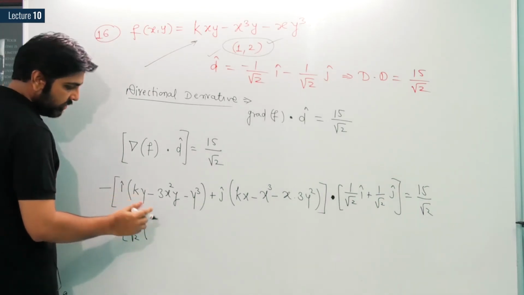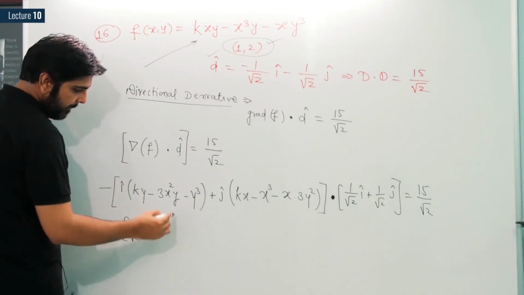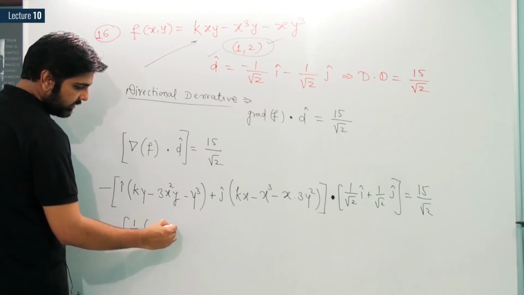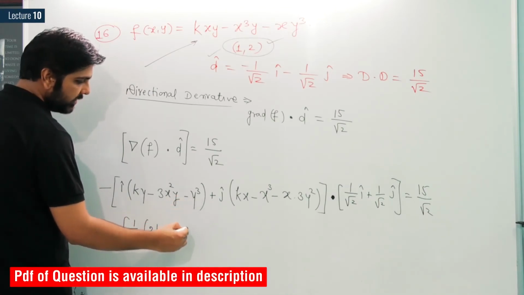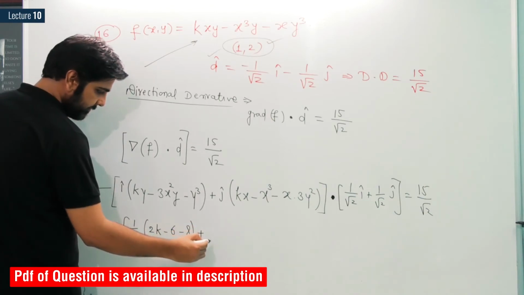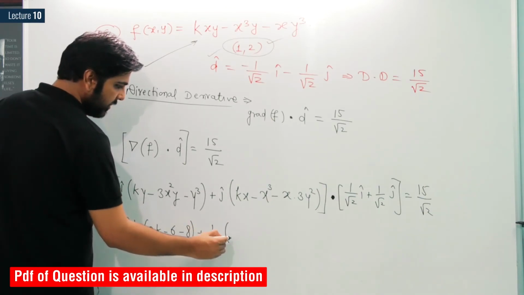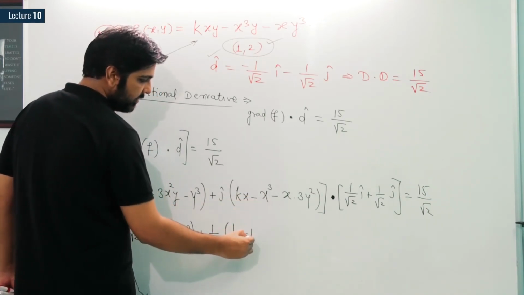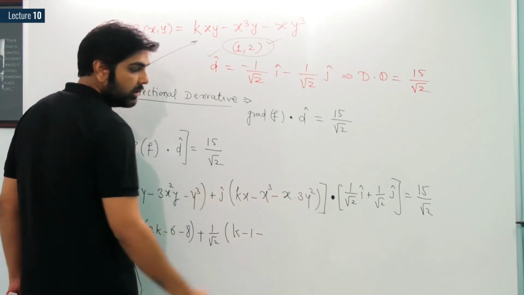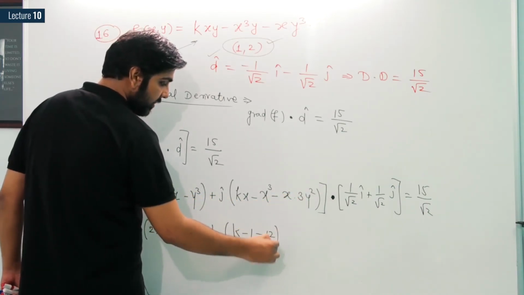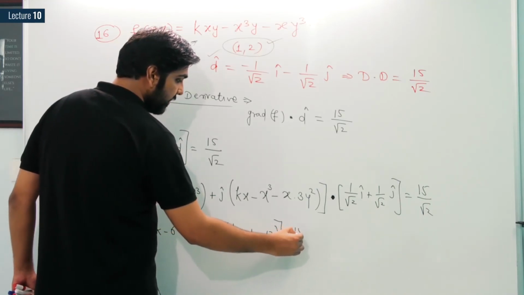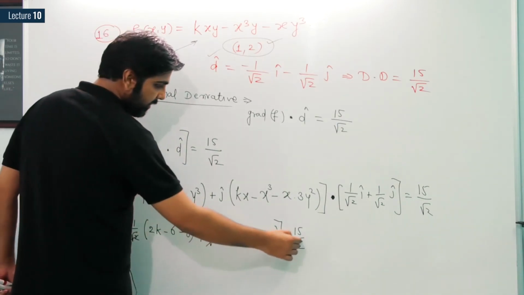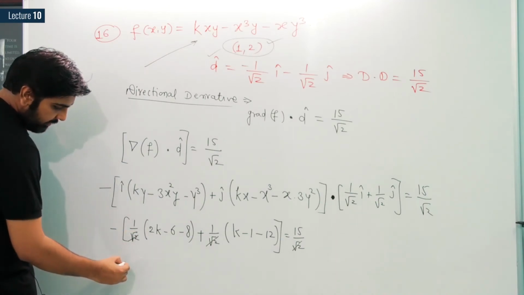So by putting y is equal to 2, this is nothing but 2k minus 2 into 1, 3, this 2 into 1. So I am having 2 into 3 is 6, minus 2 raised to power 3 is 8, plus 1 by under root 2 again here, and this is Kx. So this is nothing but k minus 1 minus 3 fours are 12, and I am having here 15 upon under root 2. Fine. This 1 by root 2 and 1 by root 2 cancel out. So what I am having is, minus is common,